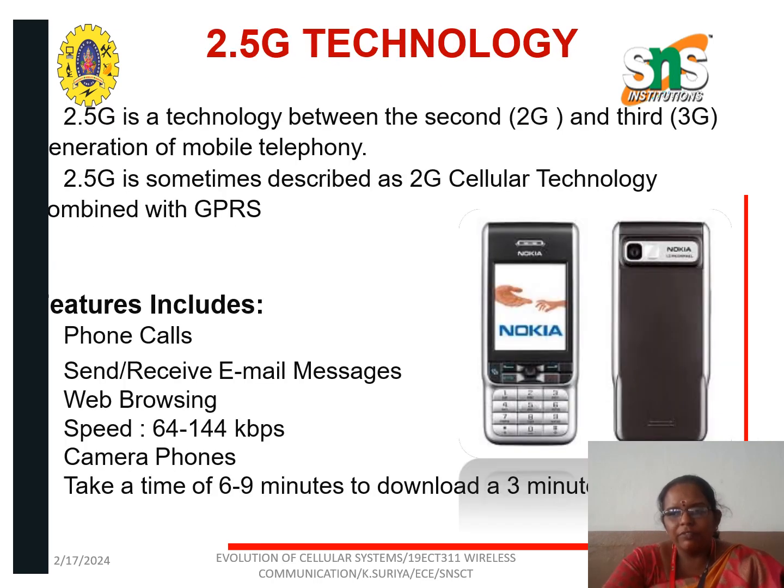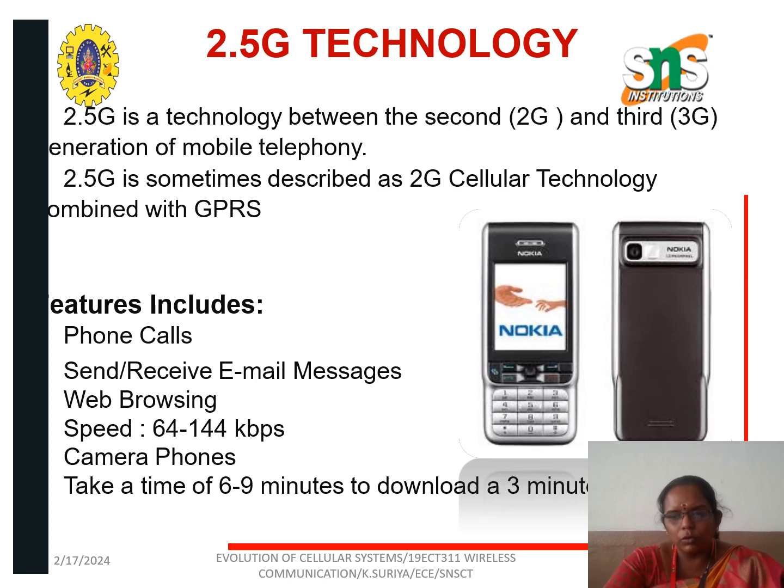Next one is 2.5G technology. So it is in between the 2G technology and the 3G technology. In the 2.5G technology, instead of GSM, it used GPRS. The features of this include,